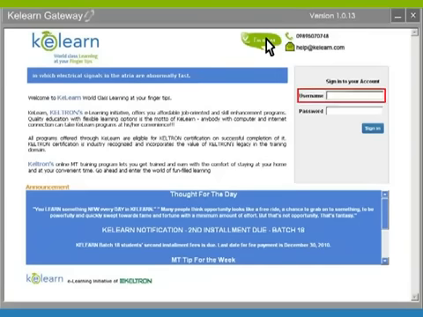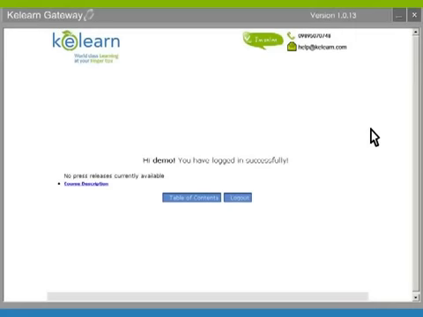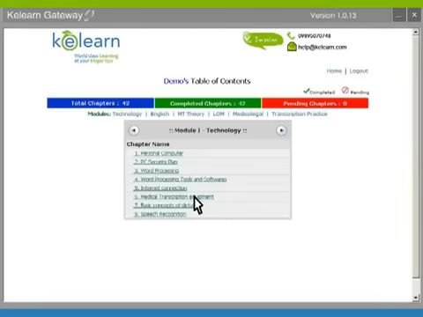You need to enter your user ID and password in the KLearn Gateway to sign in to your training program. Once you are signed in, you have to click on the Table of Contents button to see the curriculum of your training program. You can see the major modules of the selected course on top of the training window. For example, let us take a look at the major training modules of our Advanced Medical Transcription Training program. The modules are Technology, English, Medical Transcription Theory, Language of Medicine, Medico-Legal, and Transcription Practice.